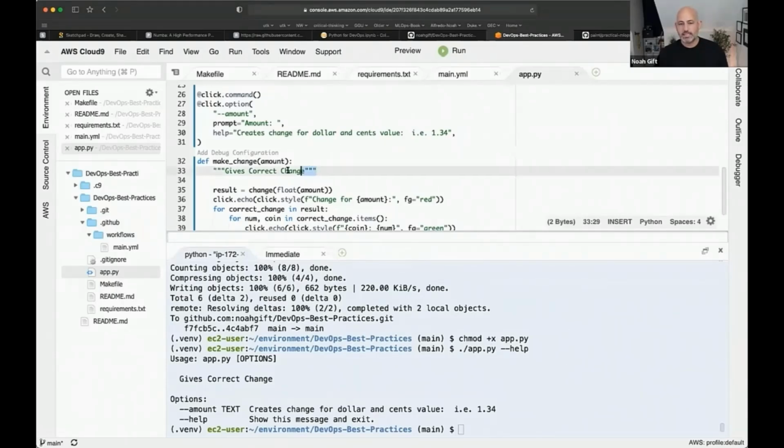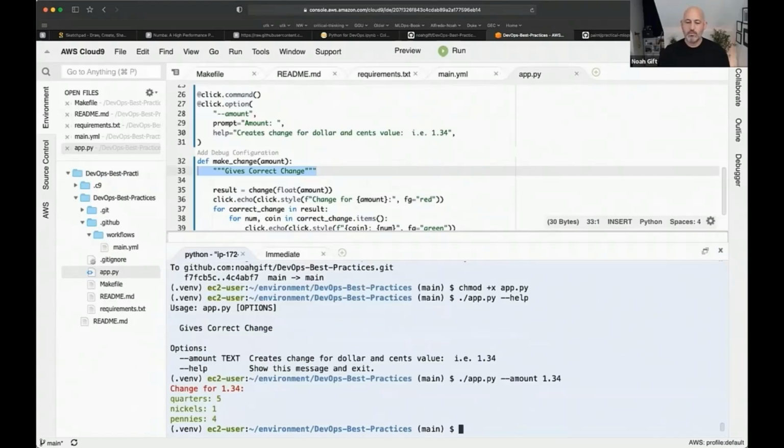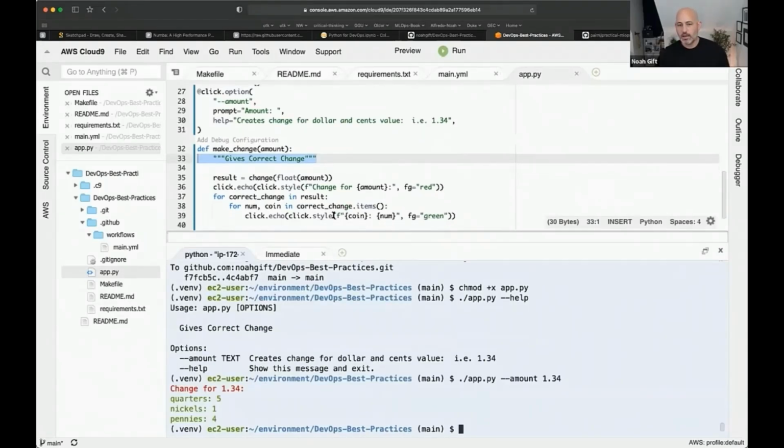And notice that it prints this out, basically give correct change. So it looks like a real Unix command line tool, like a really fancy one. And I wrote almost no code. That's why I like the click library. So if I go through here and I say app and I say amounts, let's go ahead and see what the proper change is for $1.34. We print this out. And look, the other thing I do is I actually use something in click called style, and it will actually print different colors for me. So it says, here's my change for $1.34,